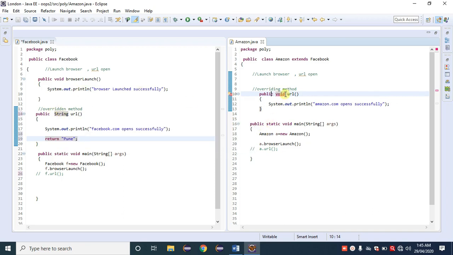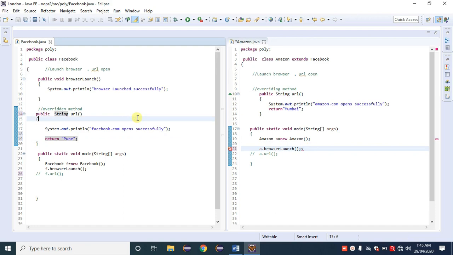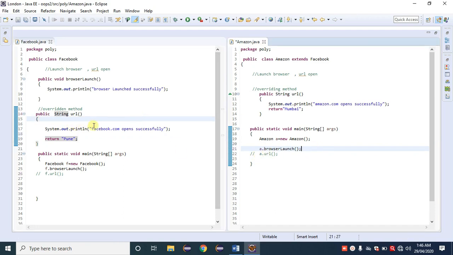So if here I use the same, that is string, and give a return statement, Mumbai, observe here, control S. We don't get any error right now. It means that the same return type is permitted. Here is string, here is string.